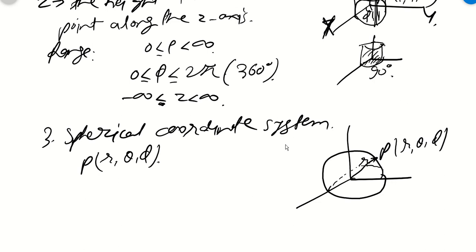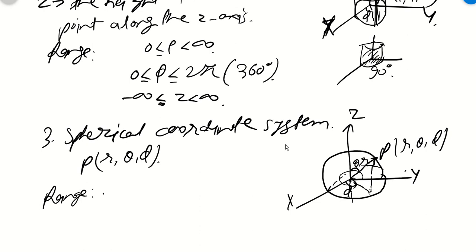So r is basically the radial distance. Okay, this is r. And theta is the angle made with the z axis, the entire z axis. The z axis can be positive to negative, so theta can vary up to here. And phi will be just like that. I will draw a perpendicular on the xy plane from that particular point P. So this is the perpendicular on this plane, and this is the angle made, which is phi. So phi can vary from 0 to 2 pi. This is how I can tell the range.